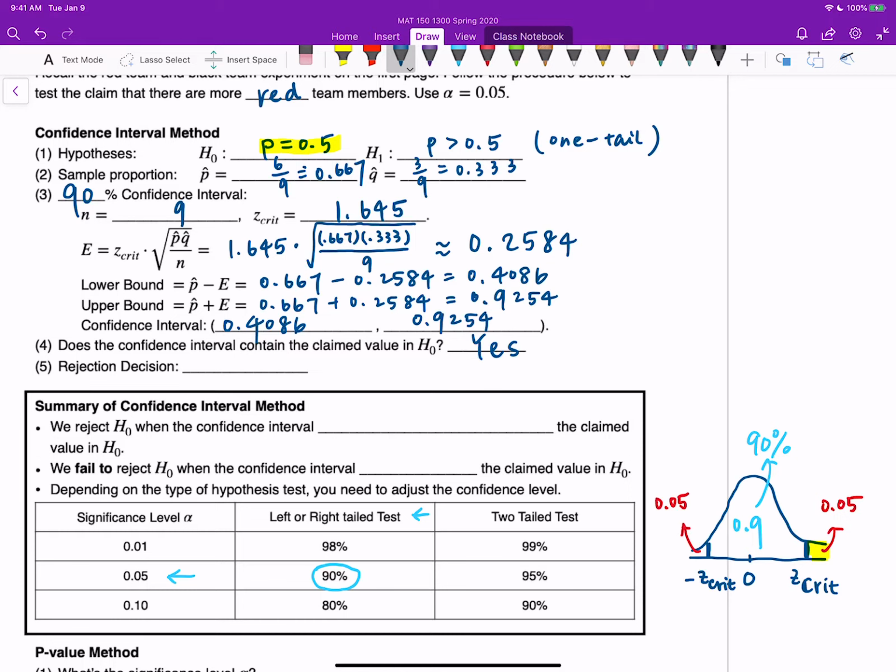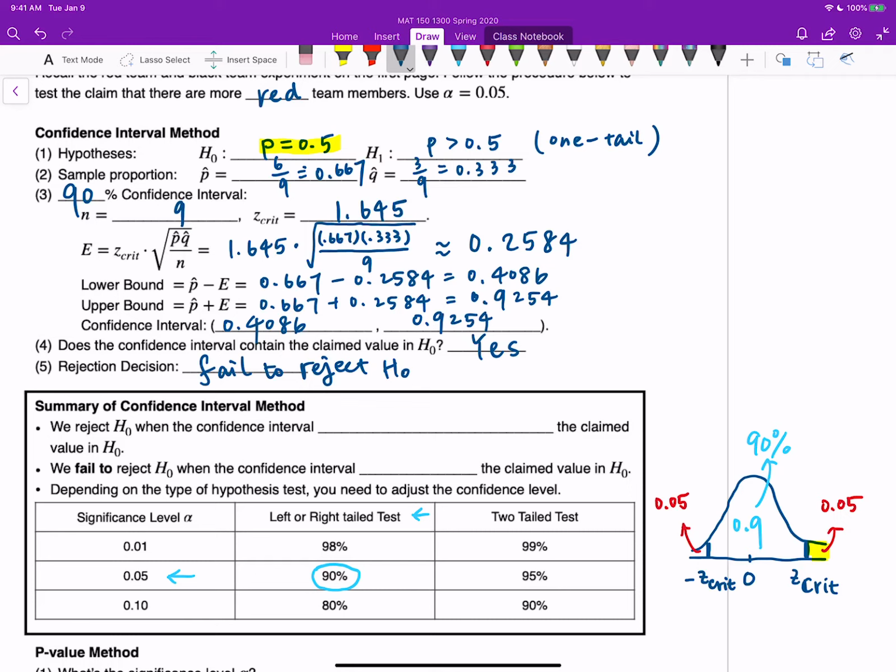If 0.5 is in the interval, it basically means 0.5 could be the true population proportion of red cards. What that means is you cannot say that the null hypothesis is not correct because the value in your null hypothesis is part of your estimate. Therefore, our decision will be fail to reject the null hypothesis,